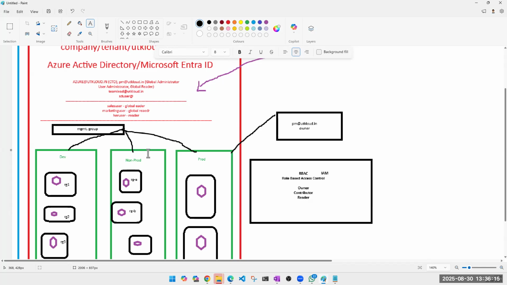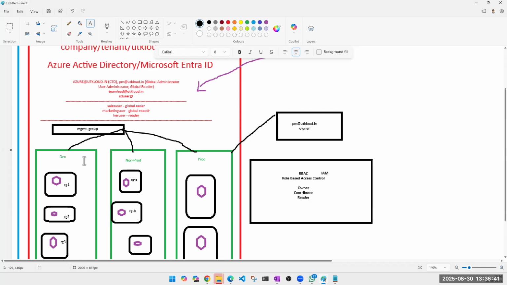Is this management group created in Active Directory? No, it is above the subscription. If you don't have any subscription, you can't create a management group. But even if you don't have a subscription, you can create users in Active Directory. So this management group is not a part of Active Directory. It is just a logical group.